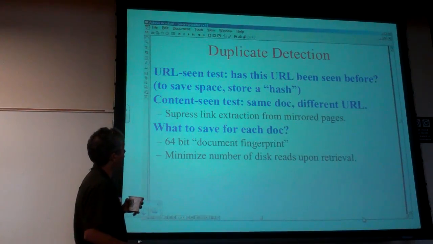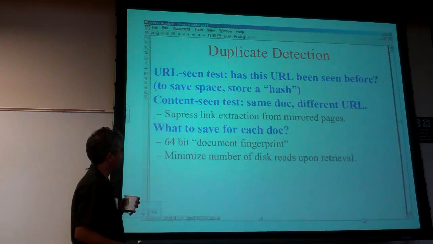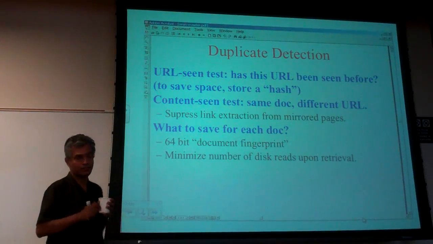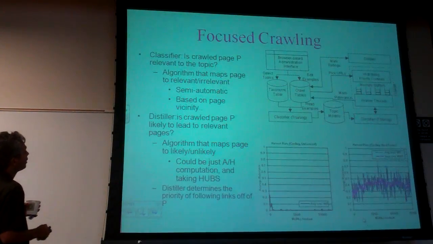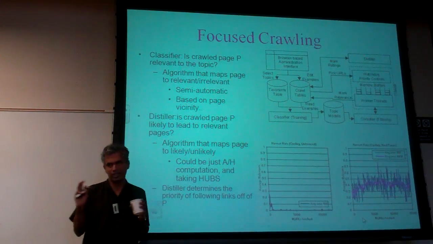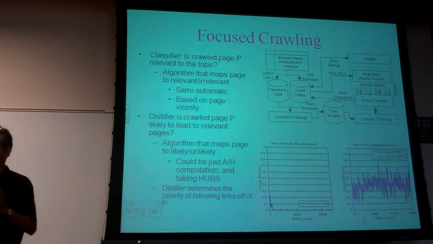Okay. The duplicate detection we talked about, essentially you need to have some kind of a signature for each page. One other thing, so that's all I actually want to say about crawling, really. Not much more than that.